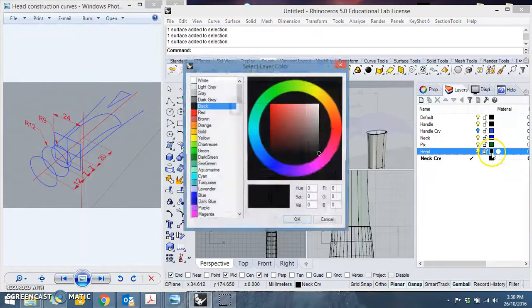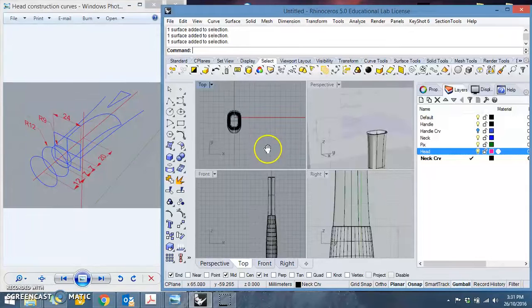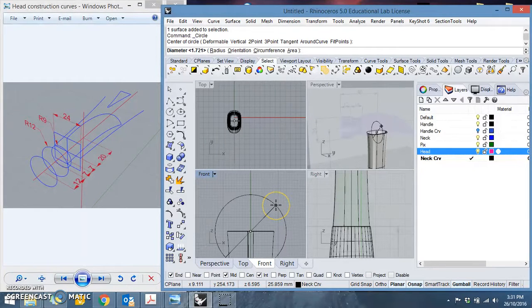Let's just change the color so it's not that confusing. You can use the center. Later we can always adjust things back. So let's say for example here my